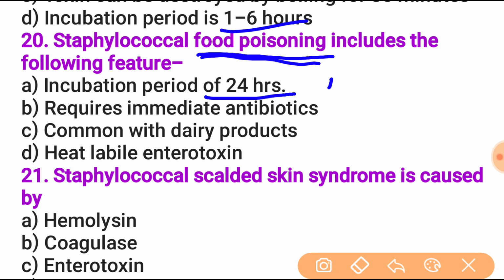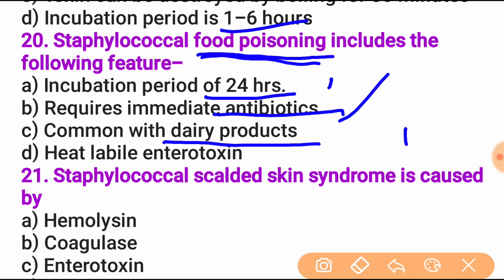So requirement of antibiotic is not necessary. Common with dairy product: dairy products are the most common cause of Staphylococcus food poisoning. The dairy products like milk, cheese, fish, meat,